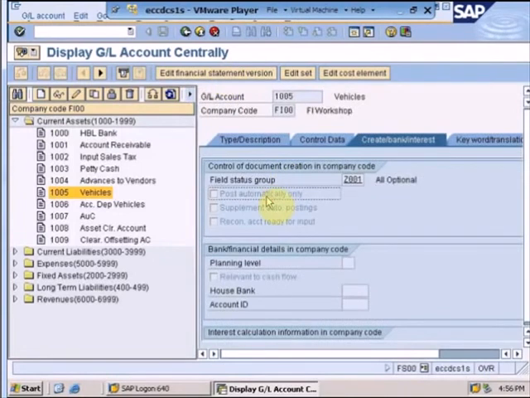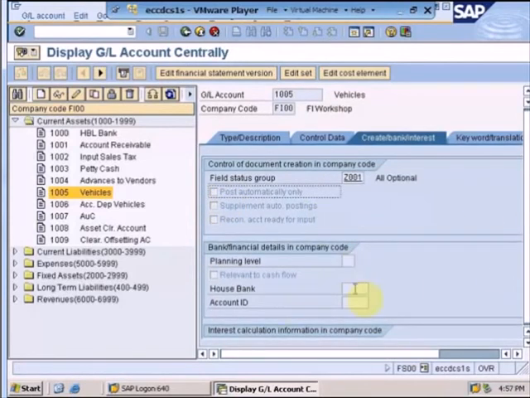Post automatically only means that there are certain GL accounts, for example depreciation expense or our sales account, which are always posted through a certain process or through a certain transaction. For example, if I run the depreciation program, system will automatically calculate the depreciation for all the assets and post the accounting entries onto its GL account, which means it is an automatic process. So if I check this GL account, the system will only allow me to post the data into this GL account through an automatic process, and manual GL account entry would not be allowed to this GL account.